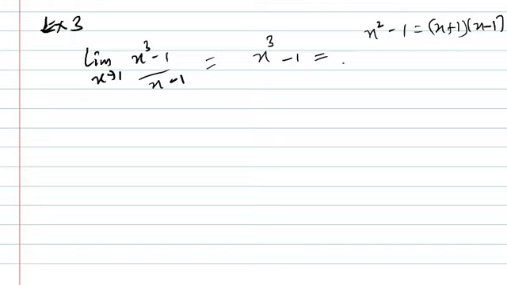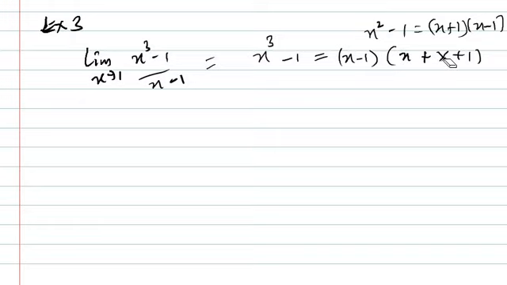Likewise for this, you also have x minus 1, and for the other factor, how can you make it? Let's say you have this x plus 1, so how can you make it to be equal to x cubed minus 1? By adding something here. So if you add x,